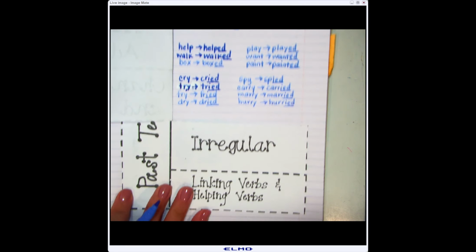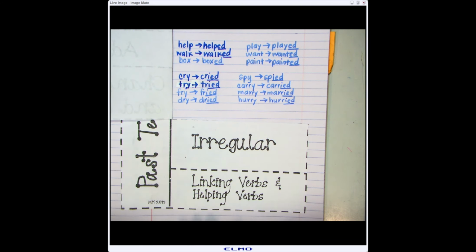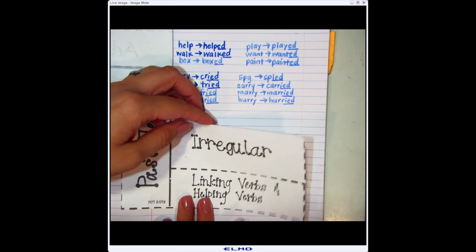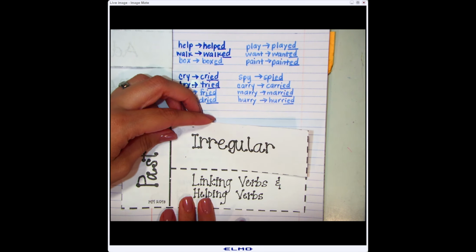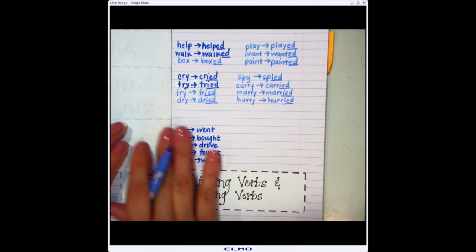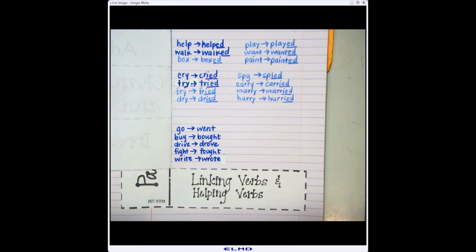We also talked about irregular verbs. This is where it gets tricky. These verbs are called irregular because they do not follow a rule. They are just irregular verbs. It is different every single time. So for these verbs, we don't add a D, we don't add an ED, we don't add an IED. We just don't know sometimes what it is. We have to just memorize these and know the correct past tense